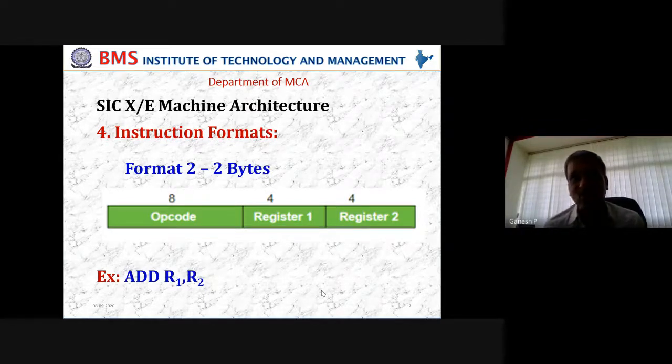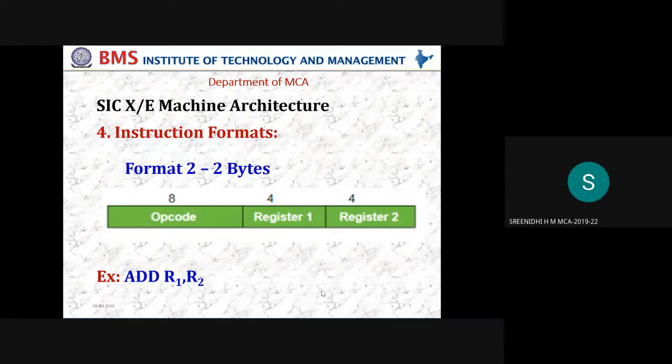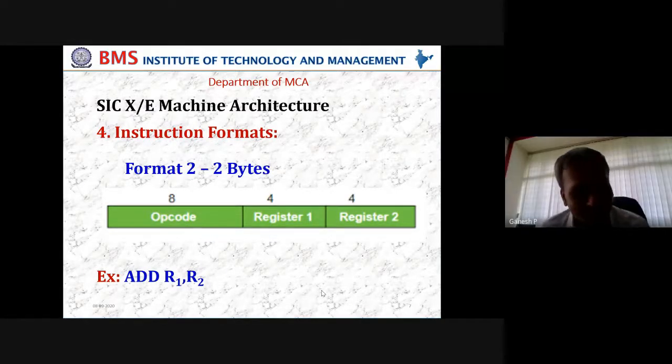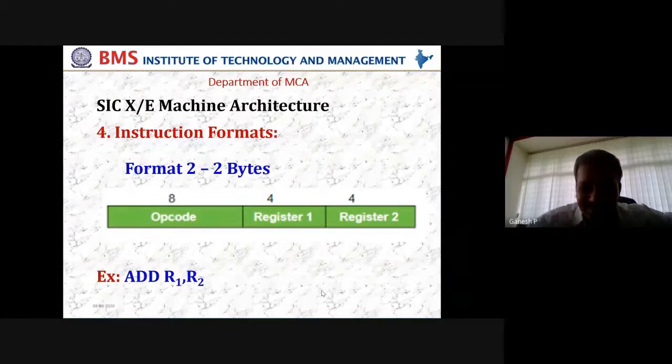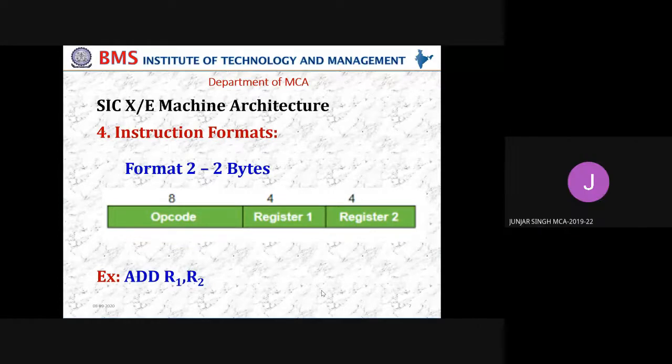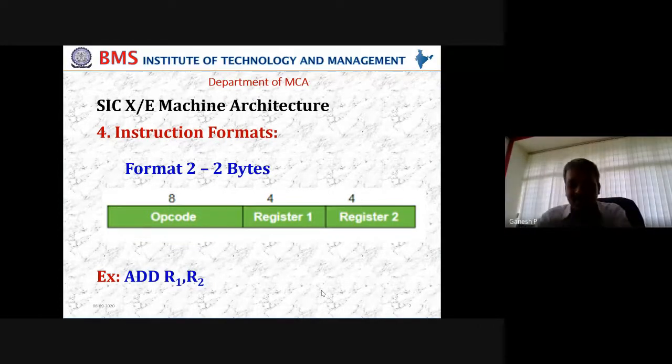But why am I specifying 4 only for register 1 and 4 for register 2? Sir, it contains a general purpose register. Okay, let it be. Now, Mike, I have another question. What are we going to specify here then? Address, sir. 4 bits means what? We are going to specify which register, no? It is A or B or S or T or F, or whatever registers we are going to use. We are not going to specify anything other than that. So precisely it is an address or the location.